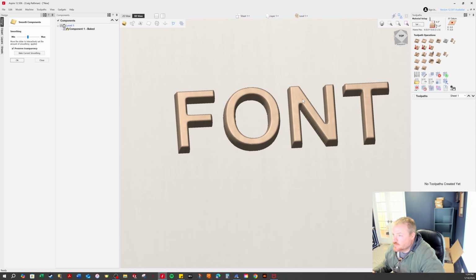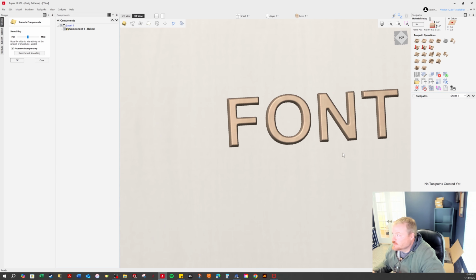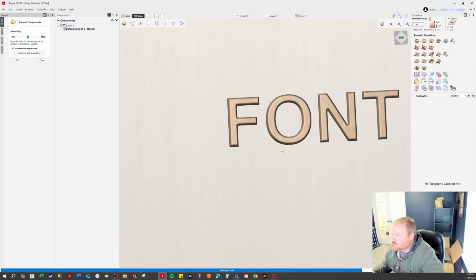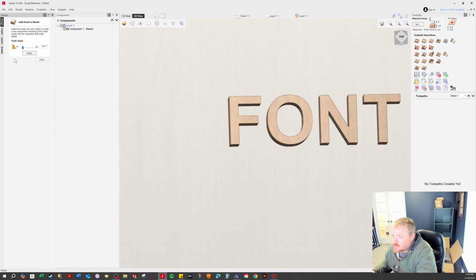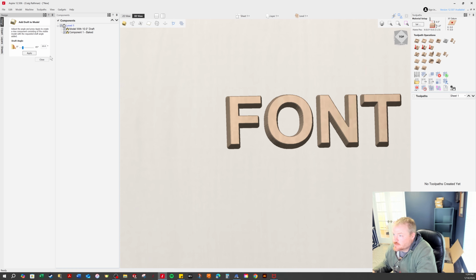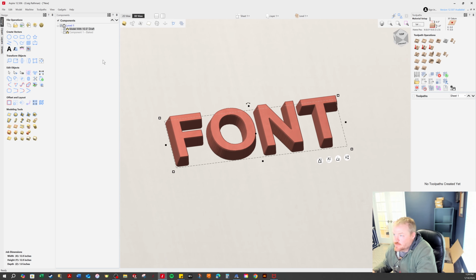And that's all the way smoothed out. It looks a little better, about half, but I'm going to show you an even better way. Sometimes your font is big enough to where you don't need to do a whole heck of a lot more than this to it. So you just add a 10% draft,